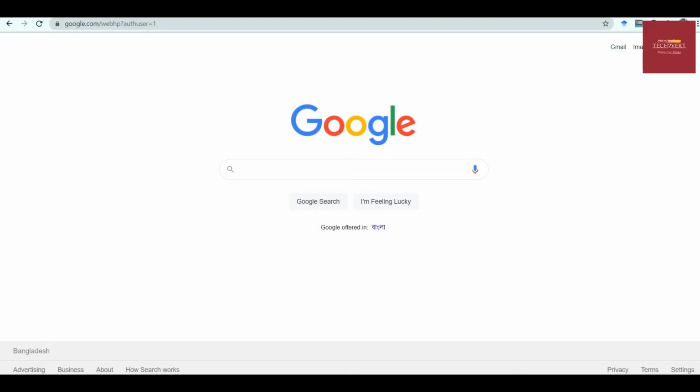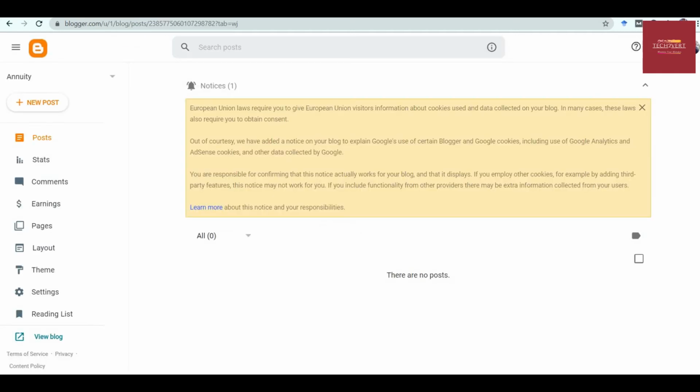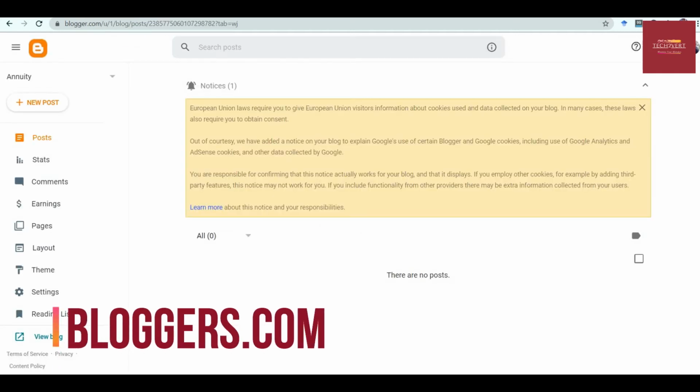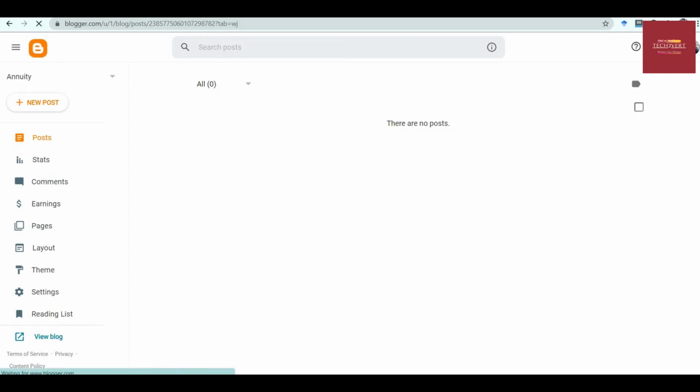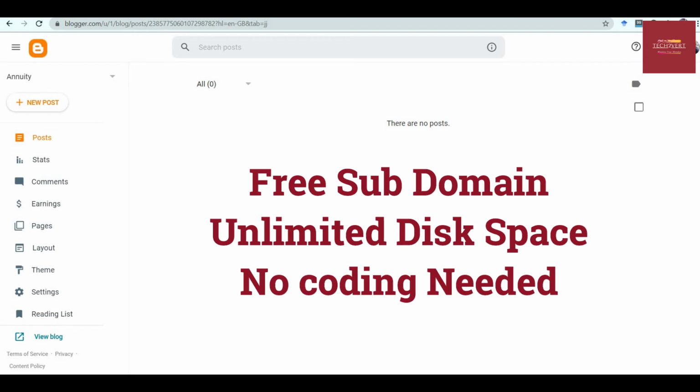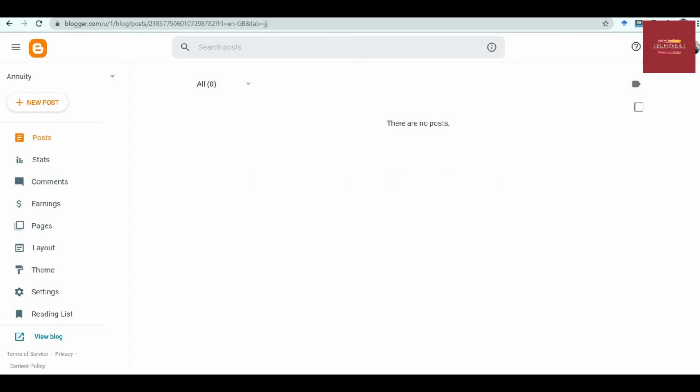So first of all, what I'm going to show you is this one. Here, as you can see, this is Blogger. What Blogger does is it offers you some storage from Google. It gives you a free domain, it gives you free hosting, all free of cost to make your own blogs. Now here, as you can see, I'm in Blogger and currently there are no posts. So what you can do is you can create new posts by clicking this,